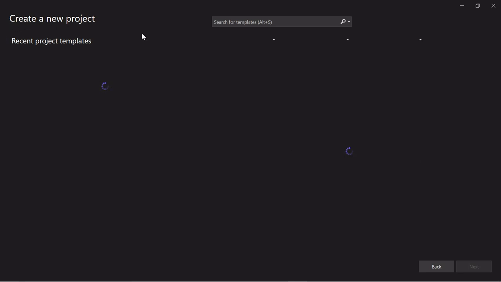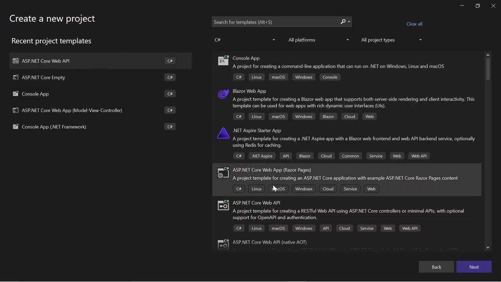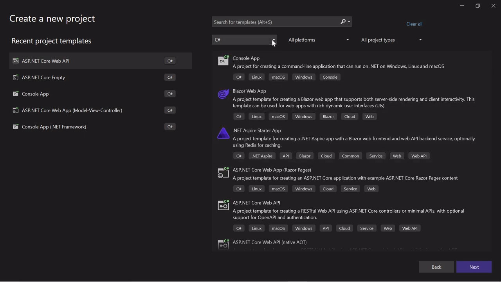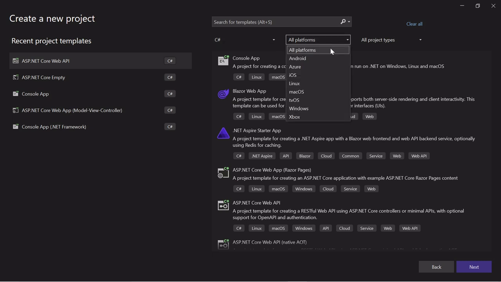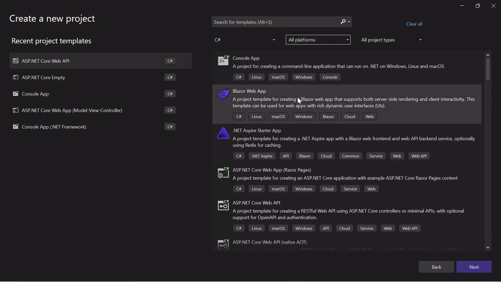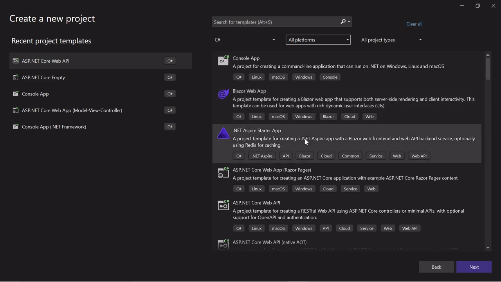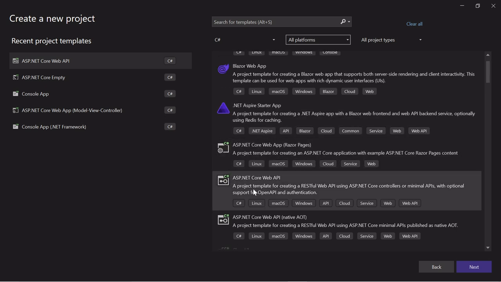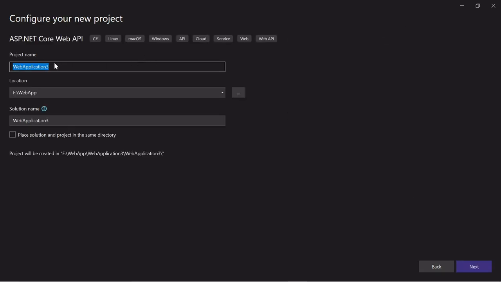A lot of templates are available, and from these templates we select the C# language and all platforms. We have to create a Web API, so I select ASP.NET Core Web API, then Next, and give the name of the project as